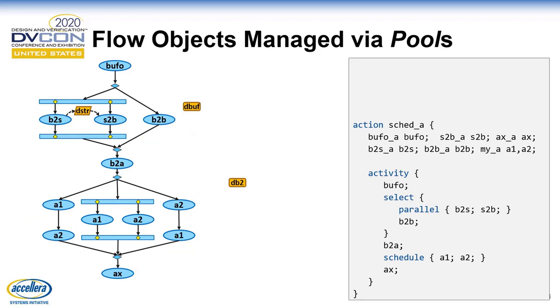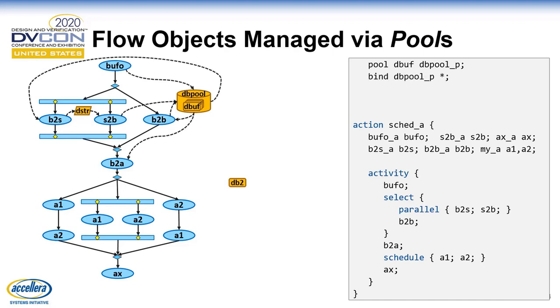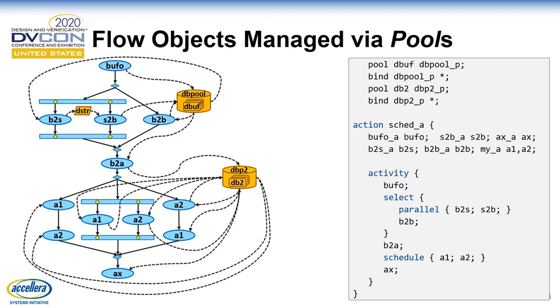So instead of doing that, what we do is we take these buffer and stream objects and we put them in pools. A pool is defined as a pool of a specific type of object that gets bound to a set of actions. And then the tool figures out, okay, if this guy's going to produce a buffer and this guy's going to consume a buffer and they're both bound to the same pool, it's going to go from there to there. And this is where the tool comes in to try to figure out the constraints of,